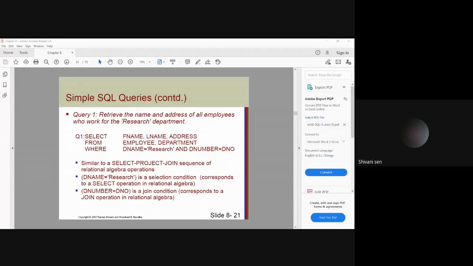Shivani Sen. Present, ma'am. What is your problem, Shivani? This is your fourth class. Sorry, ma'am. This is your fourth class, I said. No, ma'am, I have attended more. See, in my attendance, it is the fourth class. Ma'am, there are a lot of network issues. Okay, let me check later. Then Shiva Singh is telling he is present. Shiva Singh is marked present.